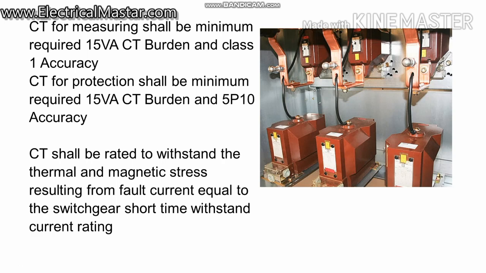Normally we know the withstanding current of our connecting equipment. For switchgear, for example, the short circuit withstanding current will be 25 kiloampere. For the equipment you are going to connect the CT to, the CT should also have that much short circuit withstanding current. For example, if I am going to connect a 440 volt switchgear panel, then the CT withstanding current should be the same as the 440 volt switchgear withstanding current, either 40 kiloampere or 80 kiloampere for 1 second. So these are the basic ideas for selecting the CT rating.